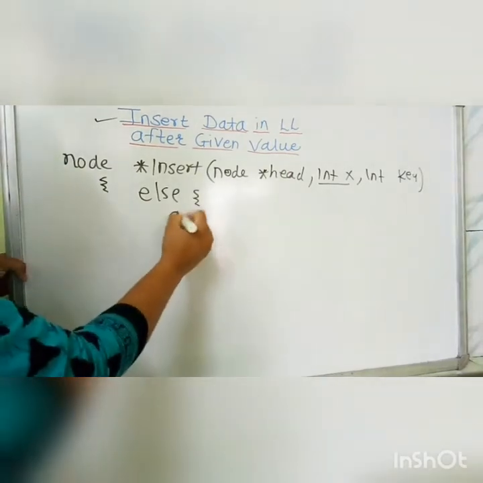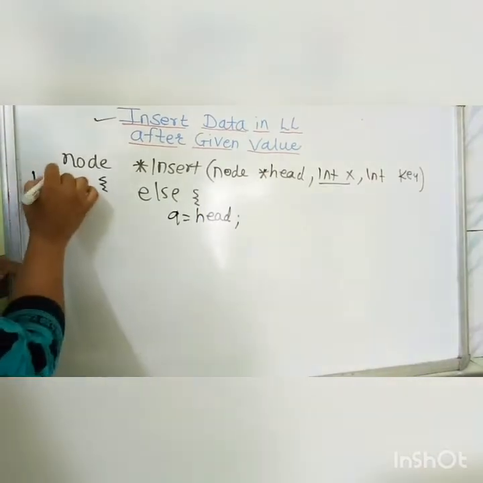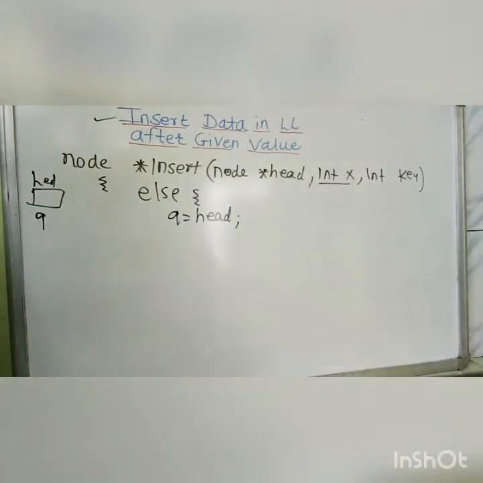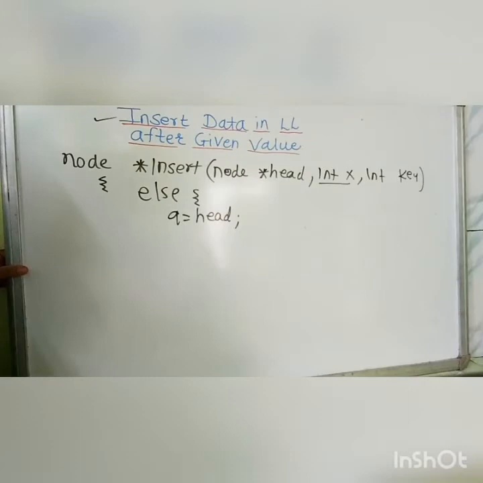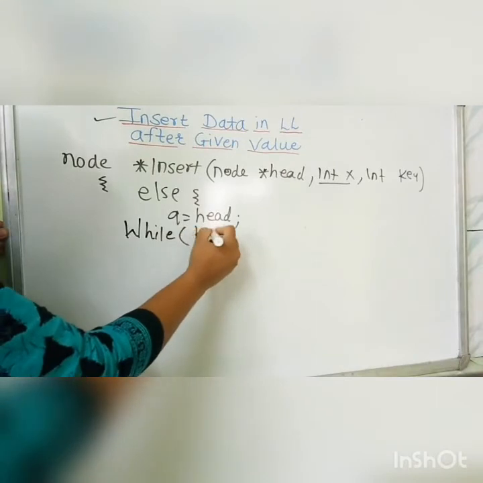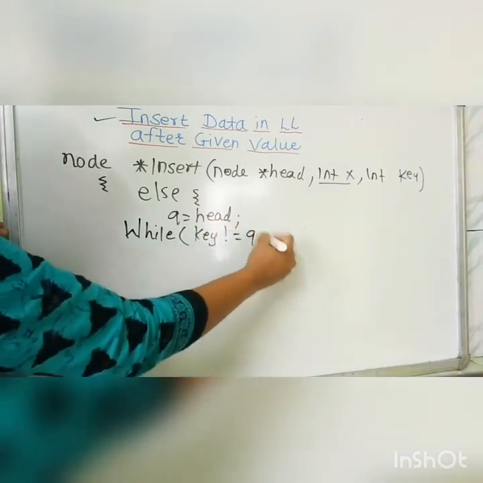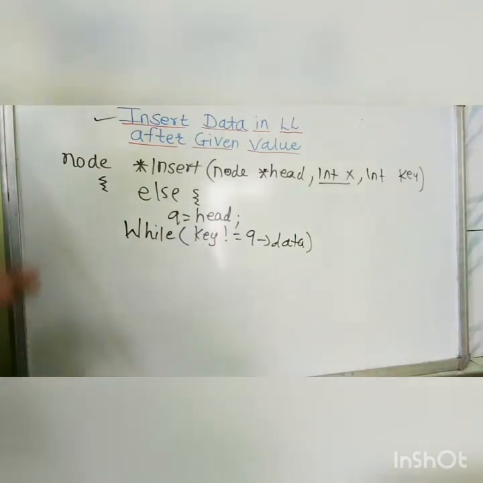So we will assign head to q, means we place q at the first node, that is the head node. Now we will move q till it is not equal to the key, means we will take a loop like while key not equals q pointer data,